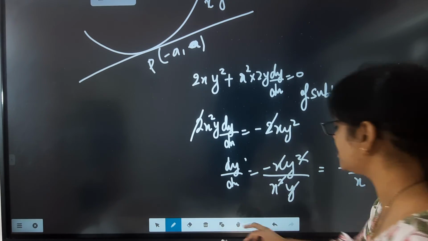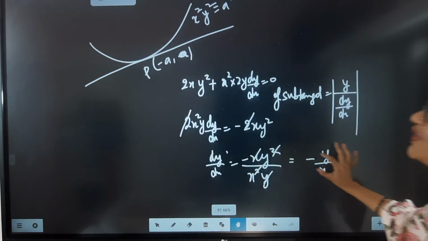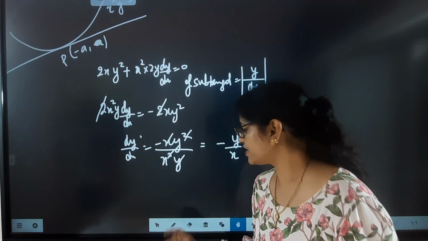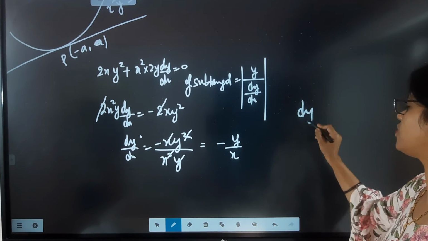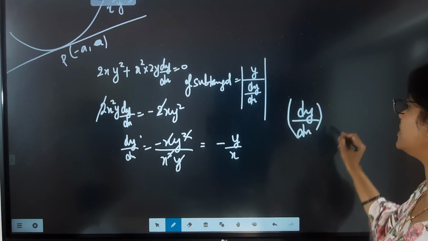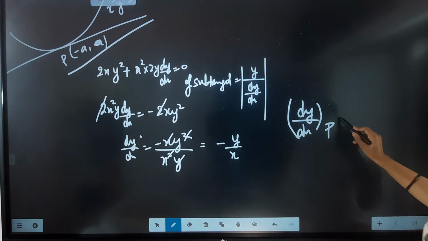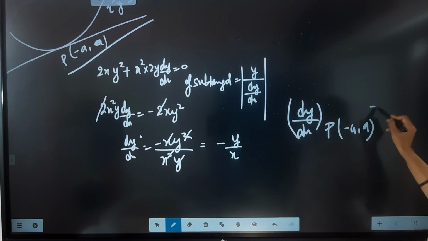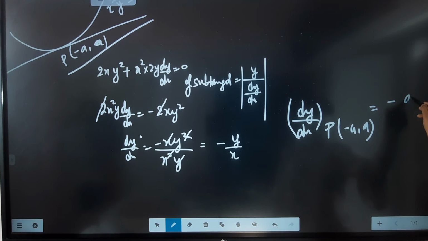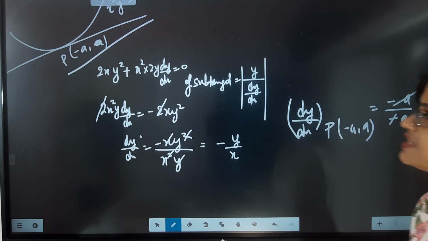So that is dy by dx. But the most important thing is that we need it at the contact point. So what is the slope at point P? Slope at point P, because we have this point P, we are going to substitute these values here. So it is exactly this by this. It cancels, and the slope is coming as 1.